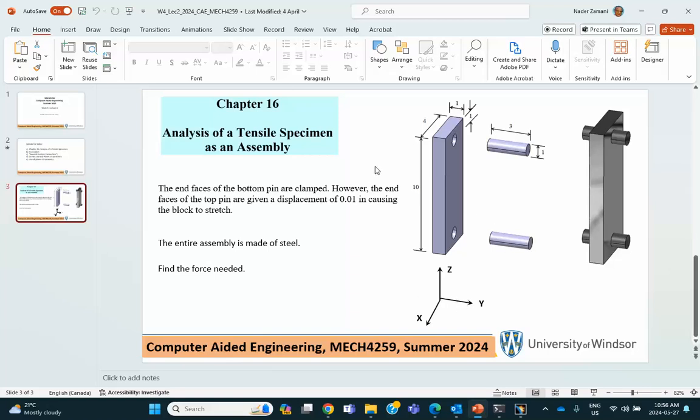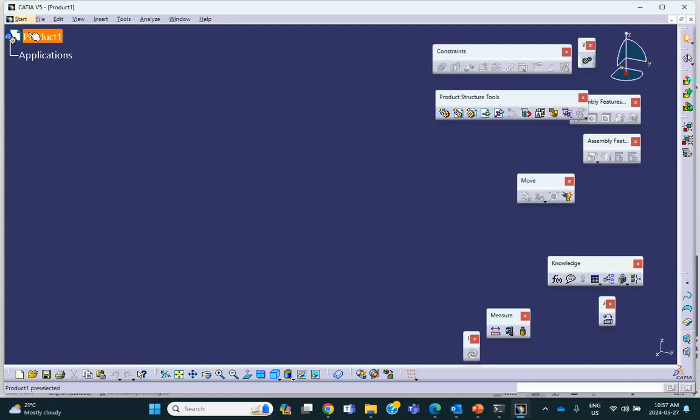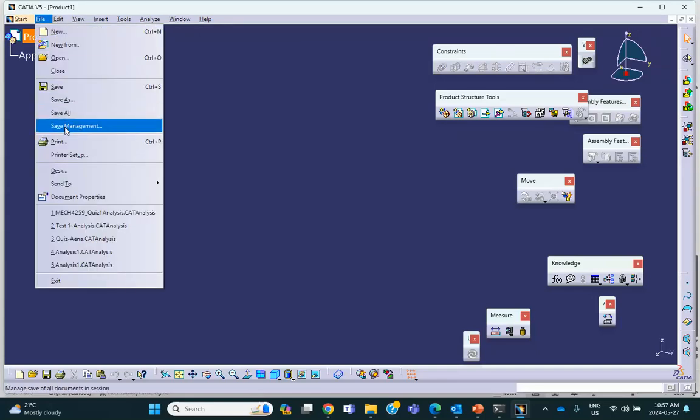When I come back, I will do this with planes of symmetry, cutting it with the XZ and YZ planes. But for now, no planes of symmetry. So you are automatically in the product file. We always close this because we never had an assembly, or I never had an assembly for you. Now we're going to analyze an assembly, so we keep this, and then I save this file, save management, save as,